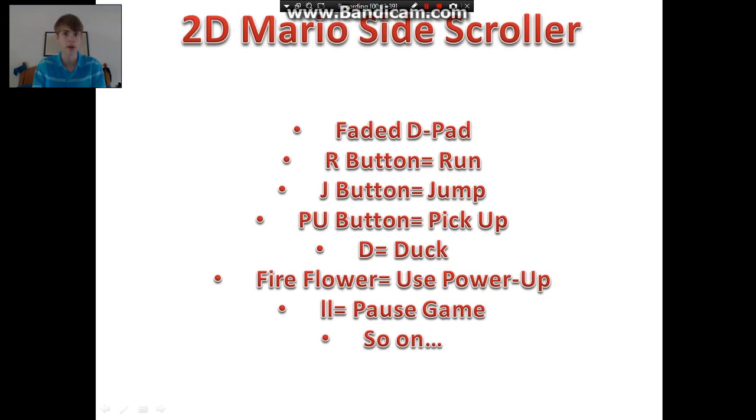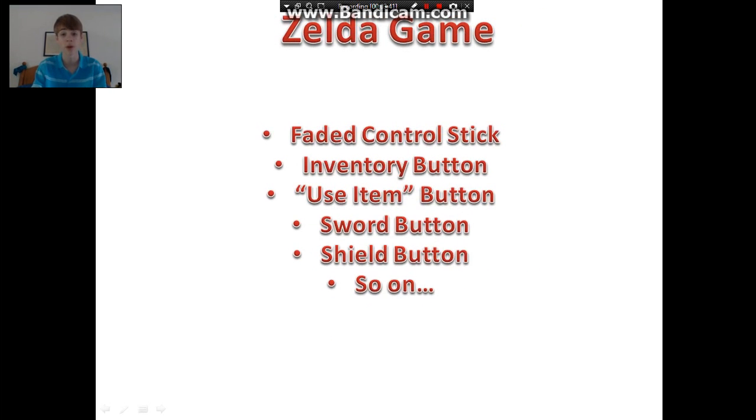And also, what's a Mario game that you can't jump? I have never heard of one. Now for a Zelda game, faded control stick. Zelda games are usually 3D. I haven't seen too many 2D Zelda games aside from Zelda 2: The Adventure of Link, which is nearly 30 years old. So, for a Zelda game, I would make it 3D,